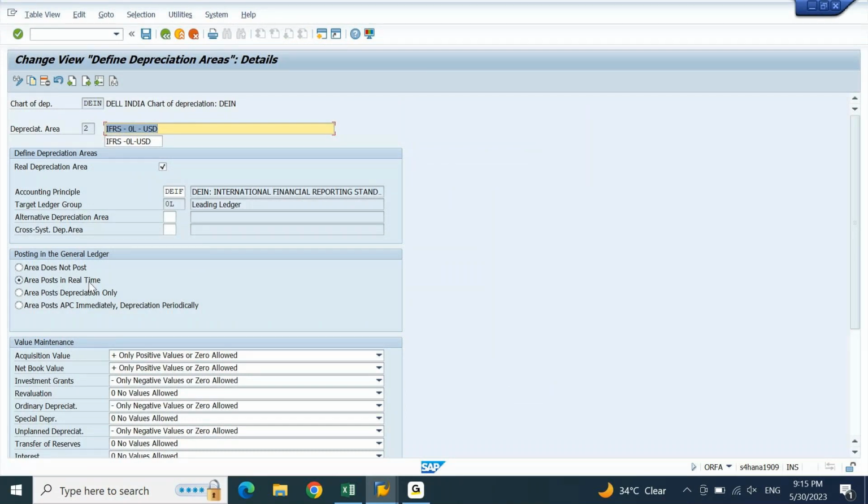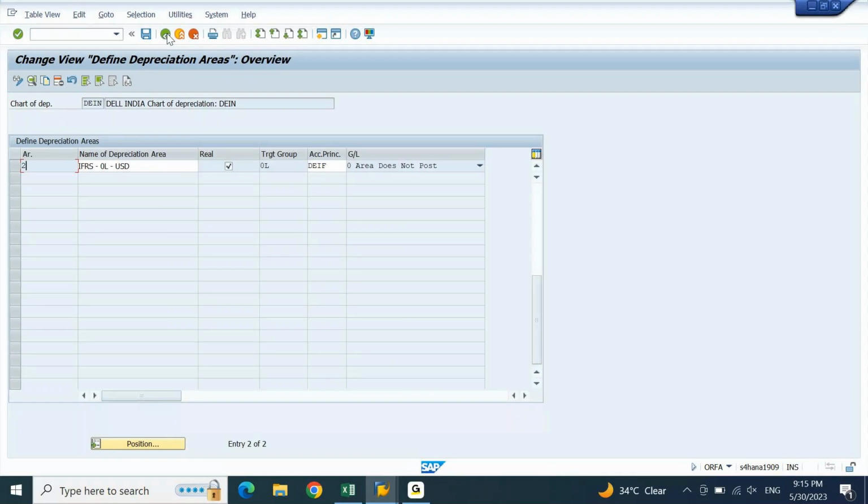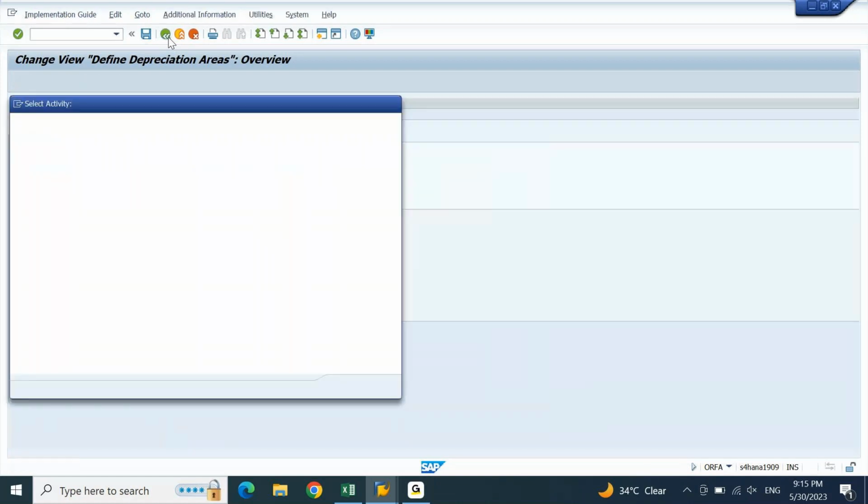Let me try to change this to area does not post, and then I'll come back. Let me try to save it. Is this saved now? Yes, sir.